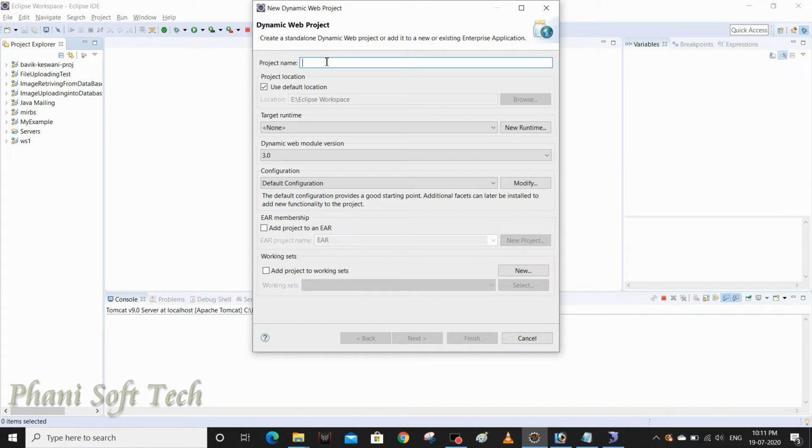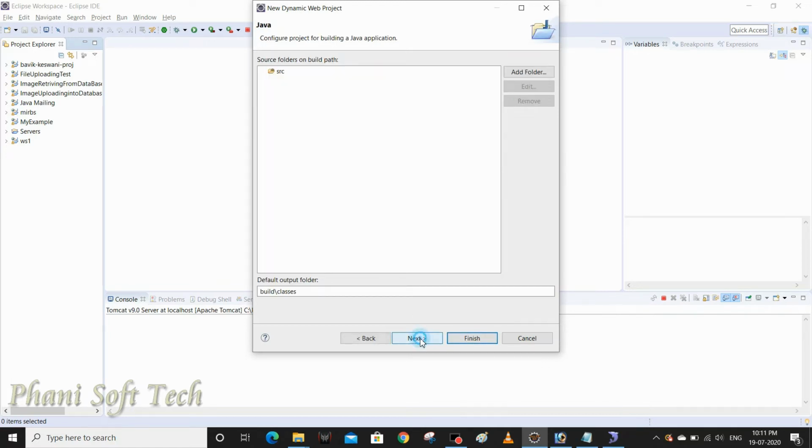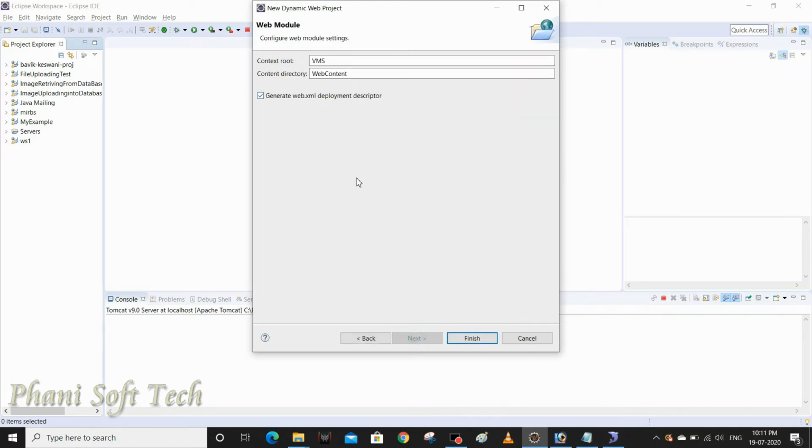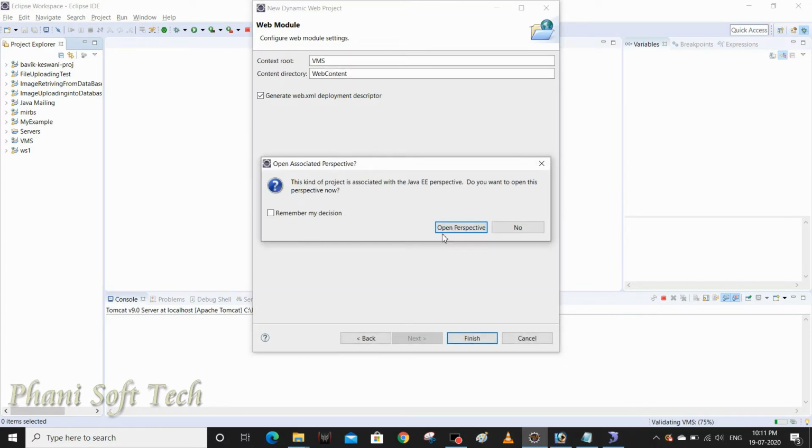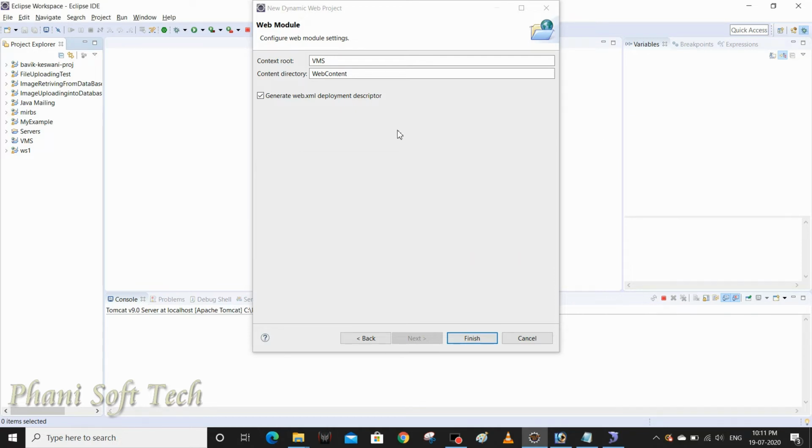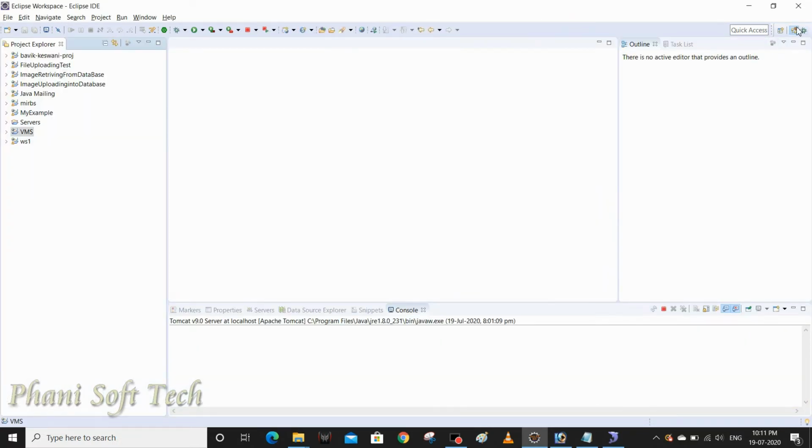I'm going to name it vehicle management system, VMS, as my project name. Click next, hit generate web.xml, and click finish. It is in debug mode, so click open perspective. Now it is in the Java EE perspective.